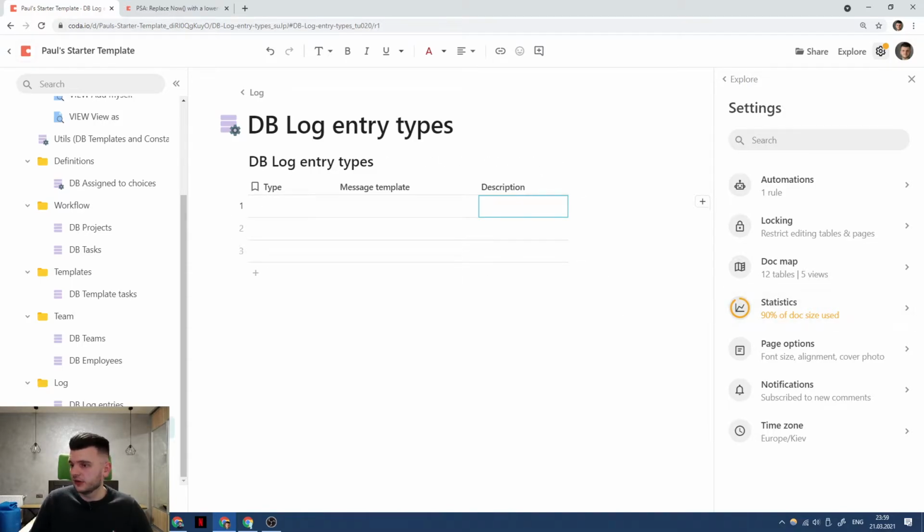So project created, task status changed. And the third one, I'll keep it up to you, or I'll just delete it because we don't need any rows hanging in our table. So employee created project,